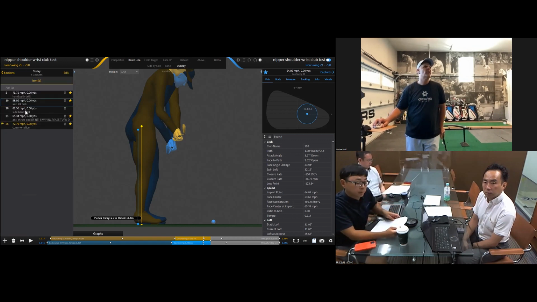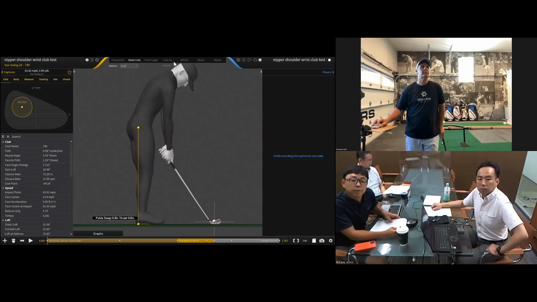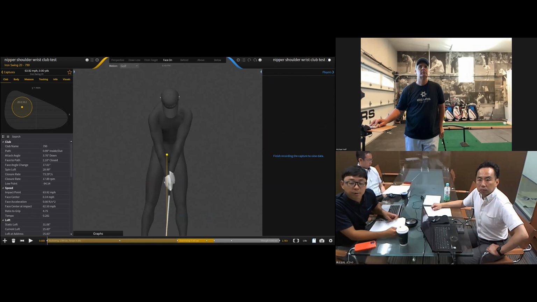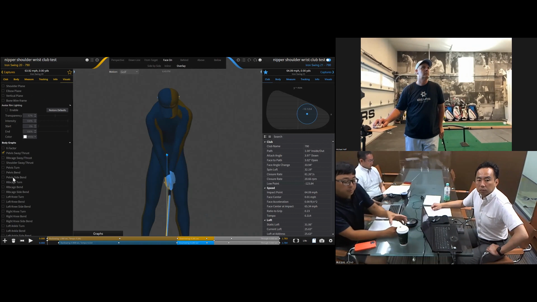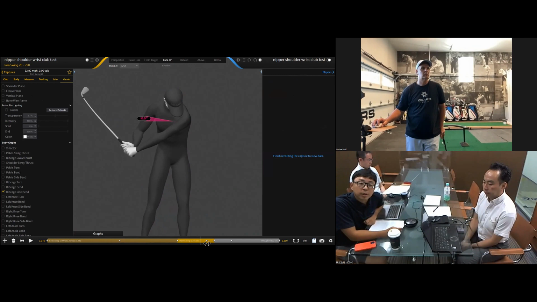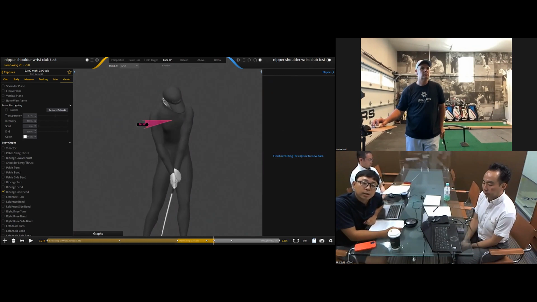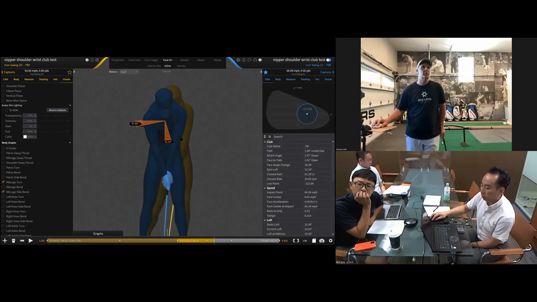Okay, here's another one. This is a side bend drill, okay? This shows us something related to side bend. Rib cage side bend. Are you just showing us a new feature of it, or, no, this is a drill, okay? So the average tour player